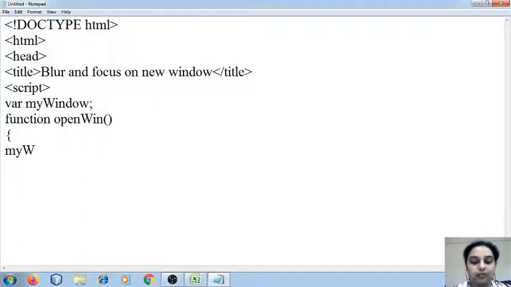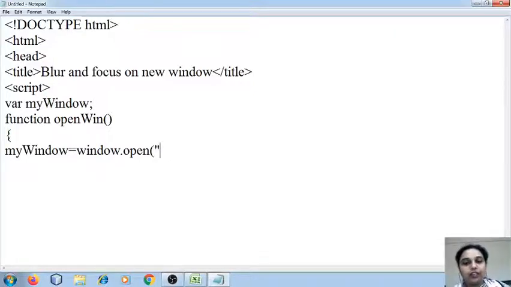I'm going to write myWindow is equal to window.open, and here I need to specify the URL of the window which I want to open. If I want to open a blank window, then I have to leave this blank. So I'm going to leave this blank. Target blank. Width I'm going to set as 400. Height also I'm going to set as 400.